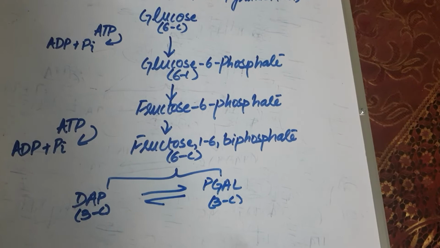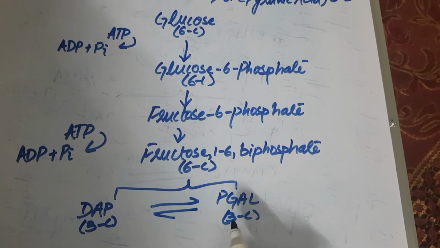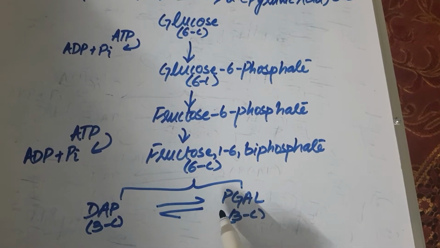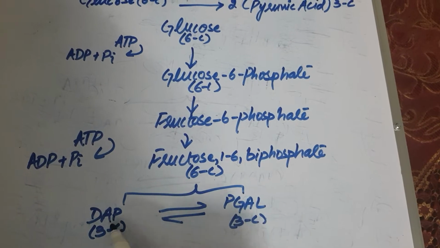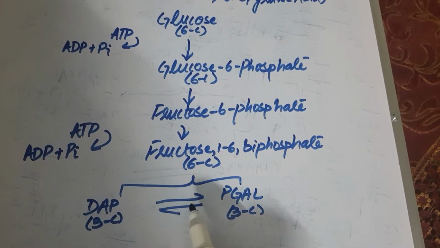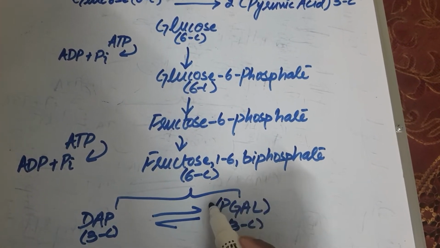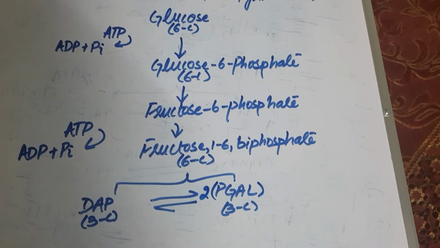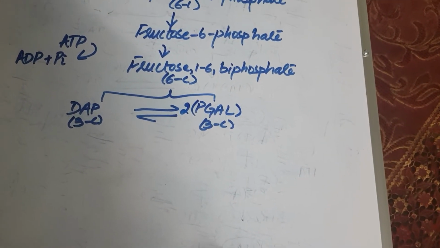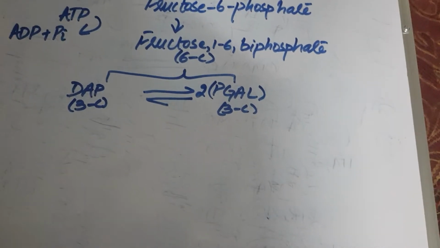This is the first step of glycolysis, in which the glucose forms the substrate for the formation of the pyruvic acid, which is known as the PGAL. Now, as I said, the DAP and PGAL are both interconvertible into each other. So the DAP converts into phosphoglyceraldehyde, and now we have two molecules of phosphoglyceraldehyde. Now the second phase, which is known as the oxidative phase, will be started,